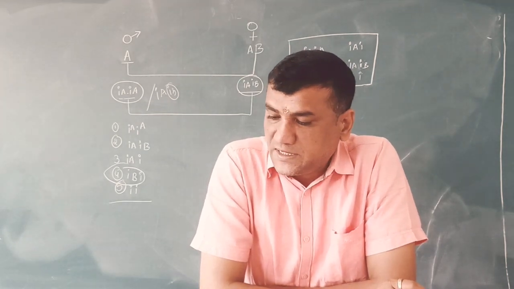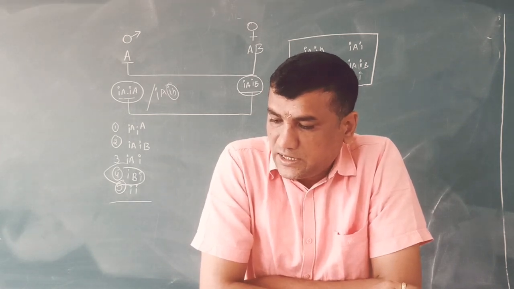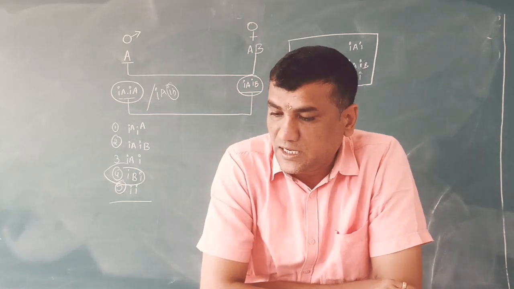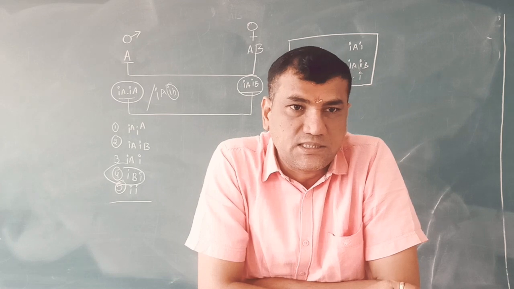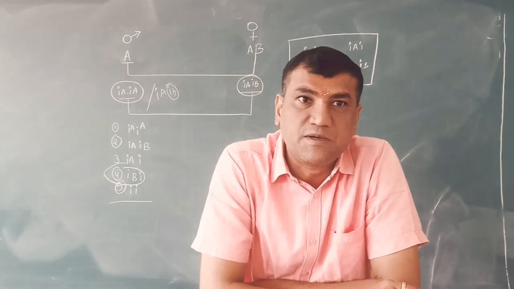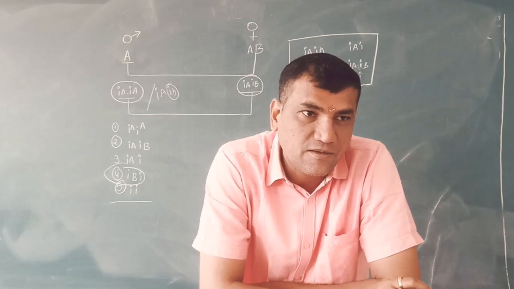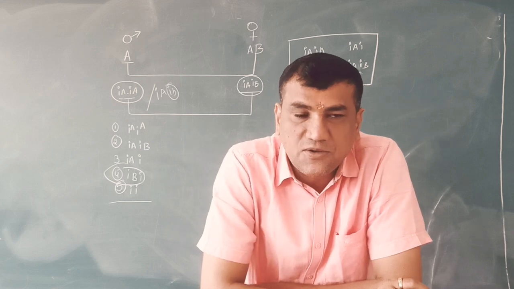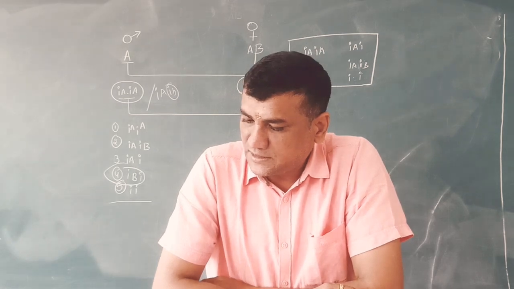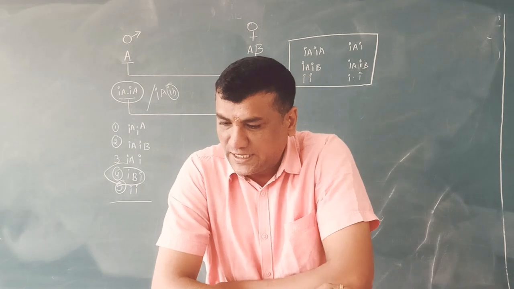A gene which is expressed in consequent generations is called dominant. A gene which is not generally expressed in most of the generations is recessive. A gene which is not expressed but which is a component of a system is heterozygous. Heterozygous. Next, in humans, 45 chromosomes or single X